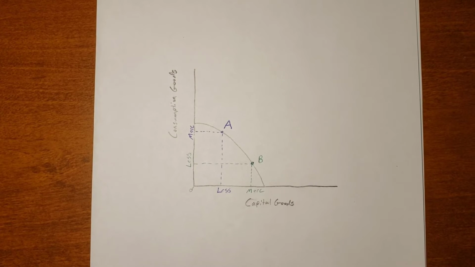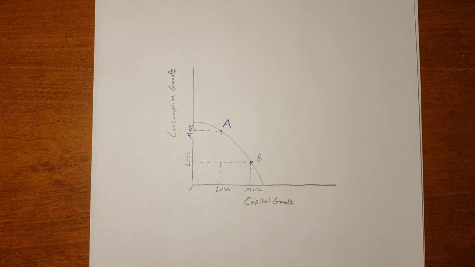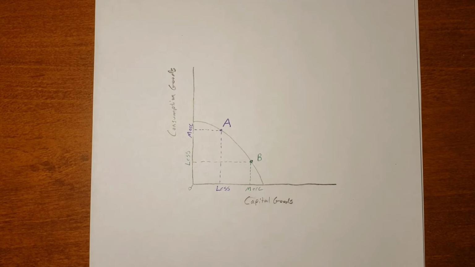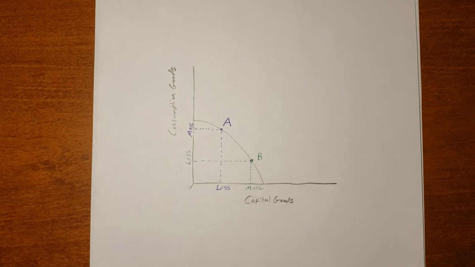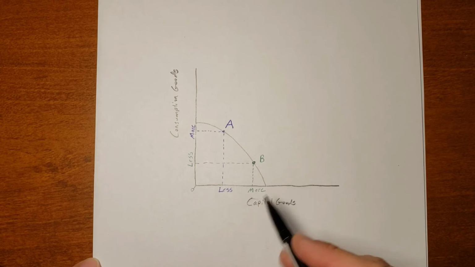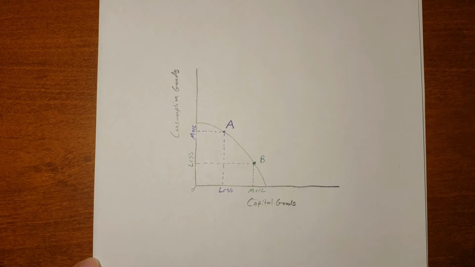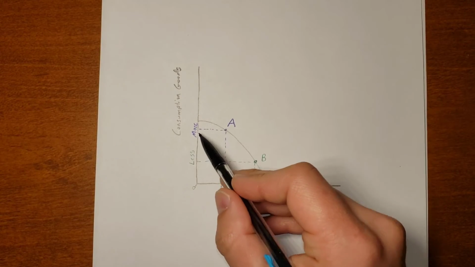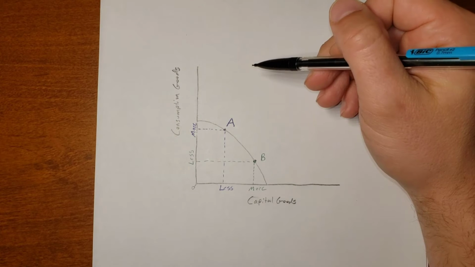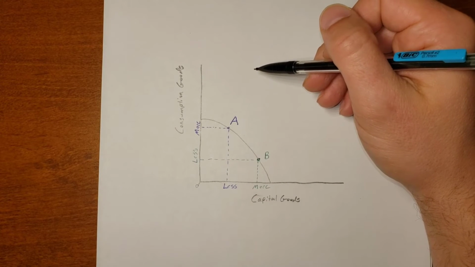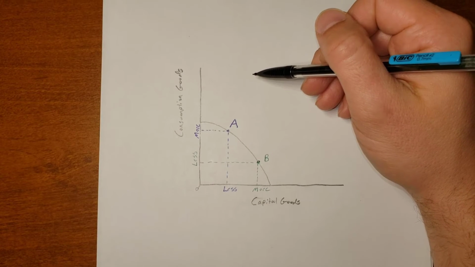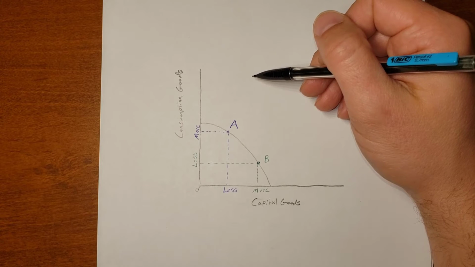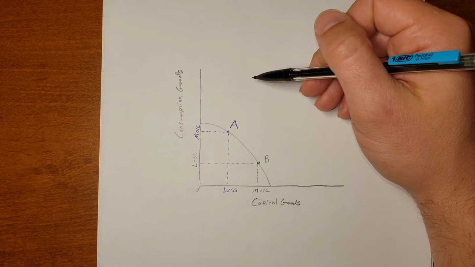One way that we often illustrate the difference between two different economies, one that may be producing more capital goods versus consumption goods, is to look at a PPF that looks something like this. Suppose that economy A is producing far more consumption goods. That would be things that you could consume. Maybe it's televisions, maybe it's food and things like that, motorcycles, but things that are consumed rather than